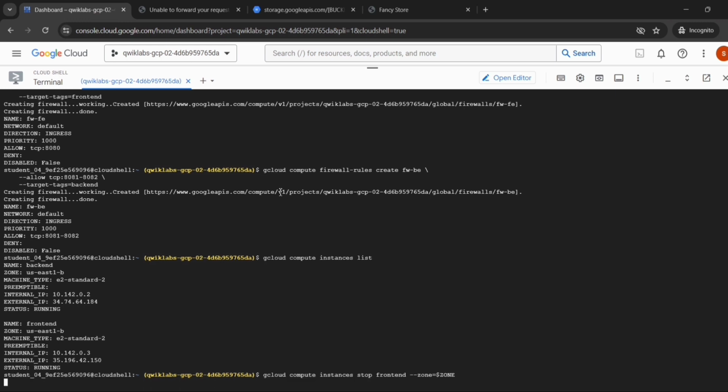Then press enter. It will take time for the command to run, where you have to wait for that.